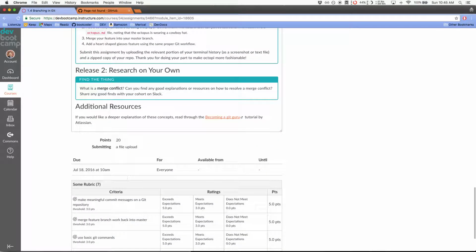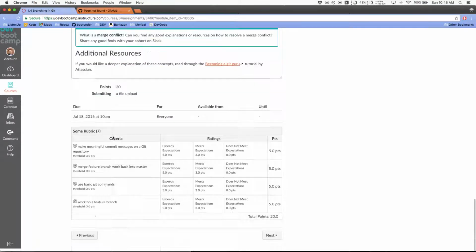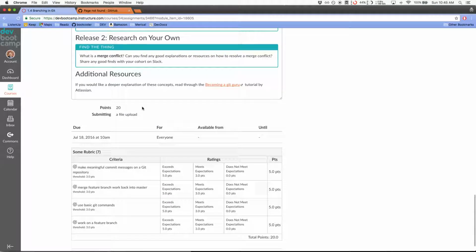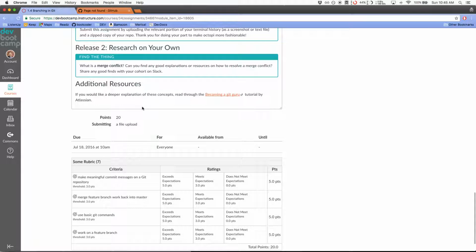For the most part, you'll be able to just follow along with the instructions here and do what they're telling you. The difference is going to come in anytime it asks you to submit something,